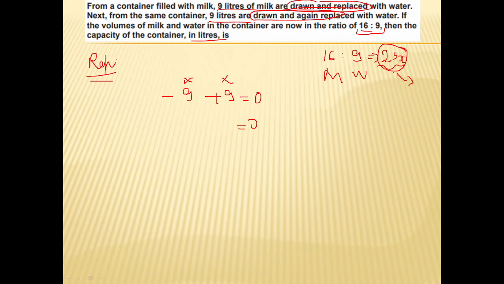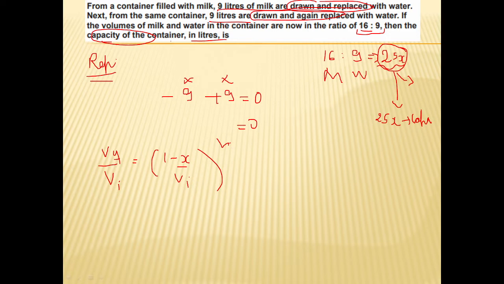So this final quantity is actually what? This is the capacity of the container, isn't it? Because however much is withdrawn, that much is replaced. So nothing is gone out, everything is conserved. So 25x is nothing but the capacity of the container. Now coming to the replacement formula. The replacement formula is: volume final by volume initial equals 1 minus x divided by volume initial, to the power n, isn't it?